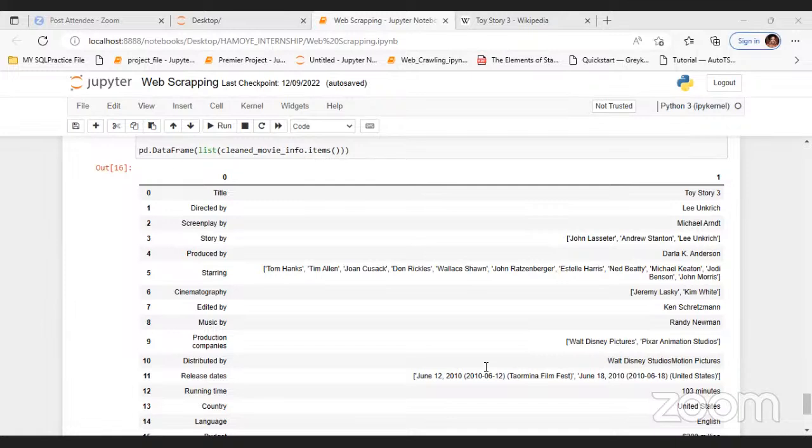Yes, you can actually use Scrapy to do that, but whichever Python library you want to use, you can use Beautiful Soup, you can use Scrapy, but